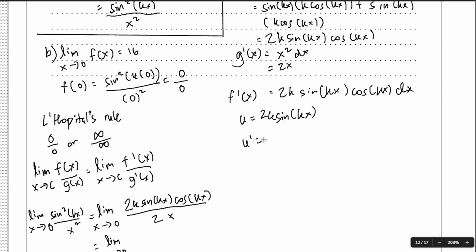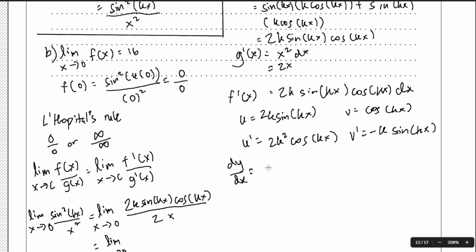Our u' would be 2k squared cos kx. Our v would be cos kx, and the derivative of cos x is minus sine x, so v' would be minus k sine kx. After that, we find our dy/dx here, which is u v' plus v u',